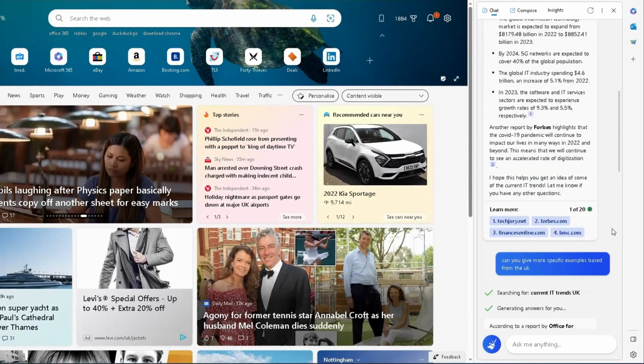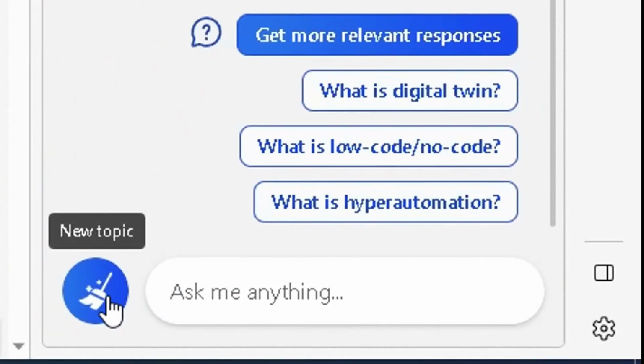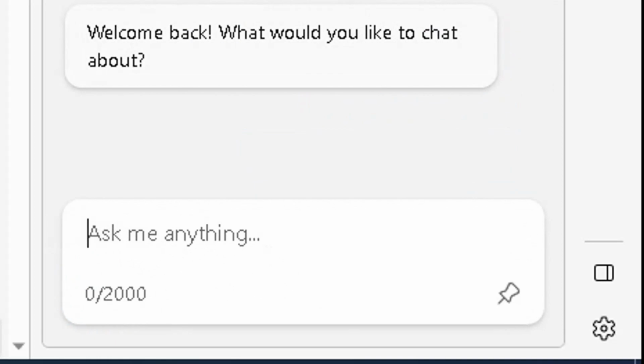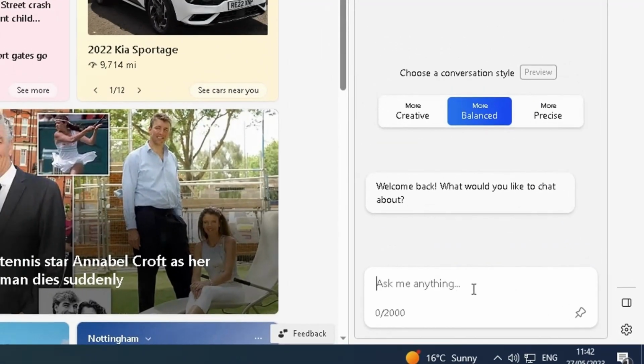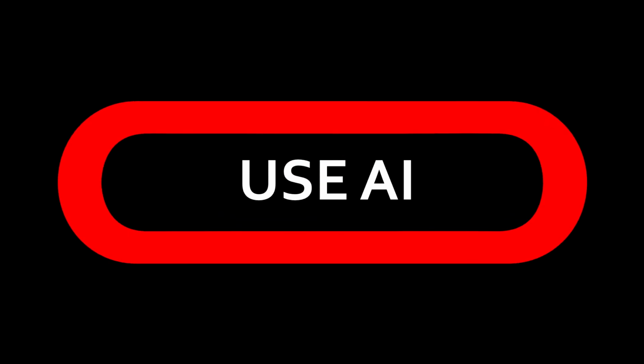But before I move on, there's this brush icon here. You click on it and it'll get rid of that chat, and you can start afresh with a new topic. So that's a really good feature there. If I go to compose, because I want to spend quite a bit of time in this,